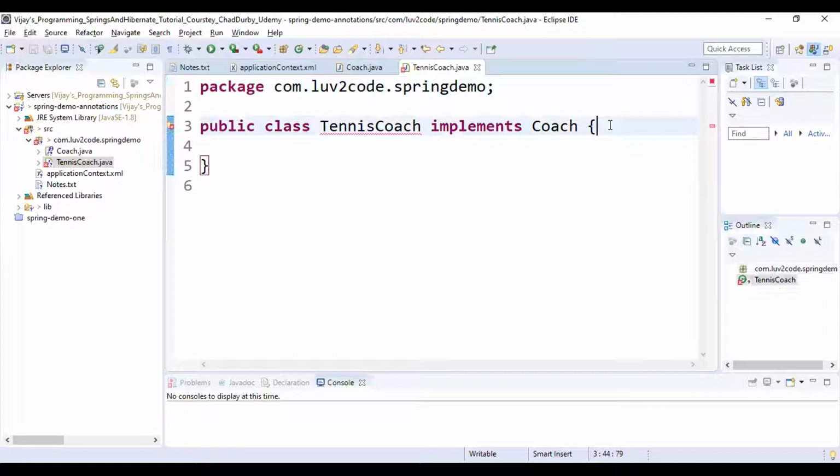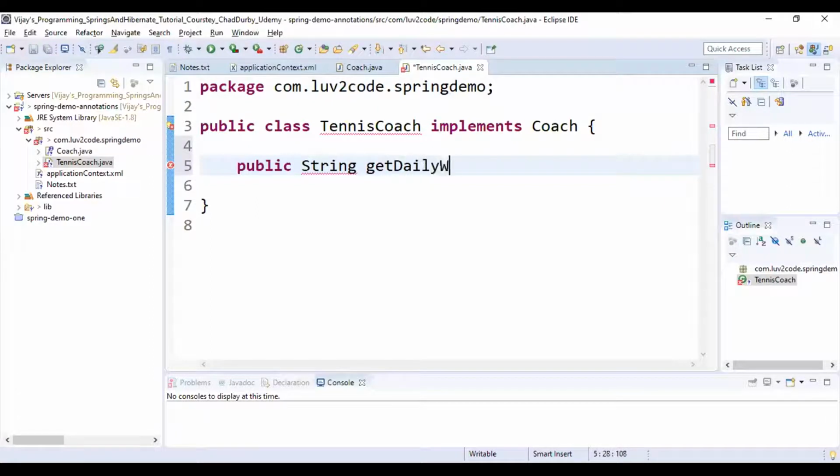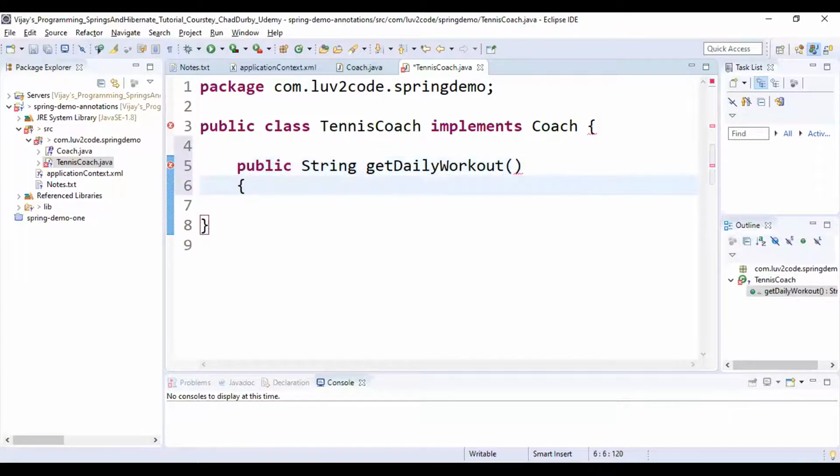So we are implementing that method, that is public String getDailyWorkout. Here I'm just giving the body, and we should return something, right? We should return a string from this method.